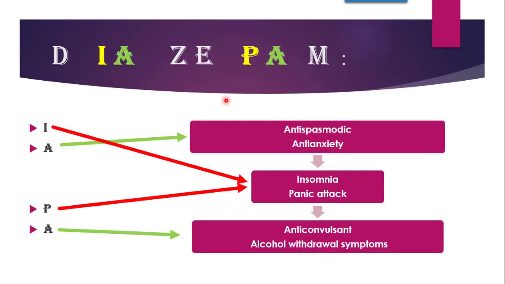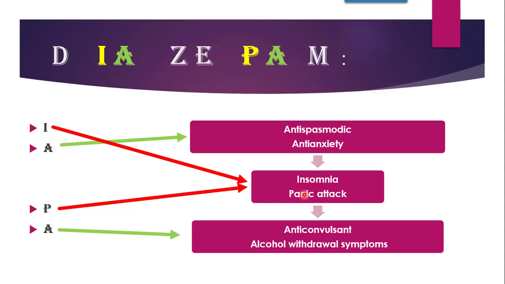So how are we going to remember these uses? We are going to remember these uses this way. In the spelling of diazepam there are two A's. So before A is important, whatever the alphabet comes, and before this A, whatever alphabet comes is also really very important. So A and before A, whatever the alphabet comes, is important, and the second A also, before the second A whatever the alphabet comes, that is also important. So it is with color I have shown. C, IA and PA.